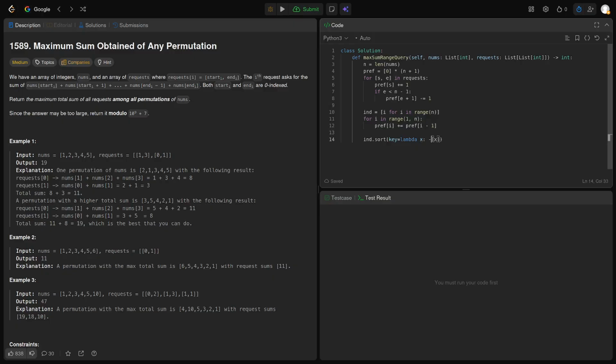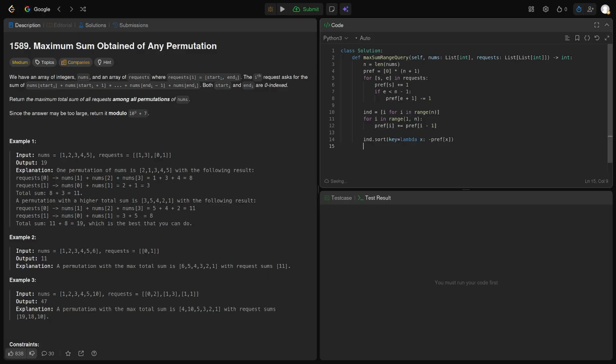No, we want to do minus prefix of x. So what this does is sort decreasing order indices based on prefix sum at that index,